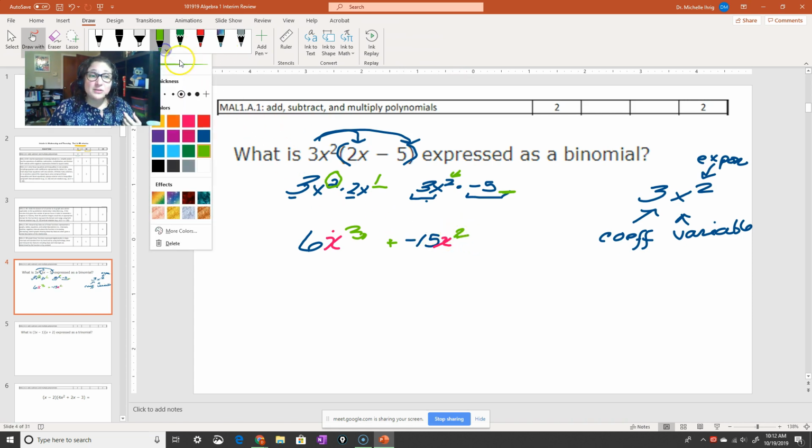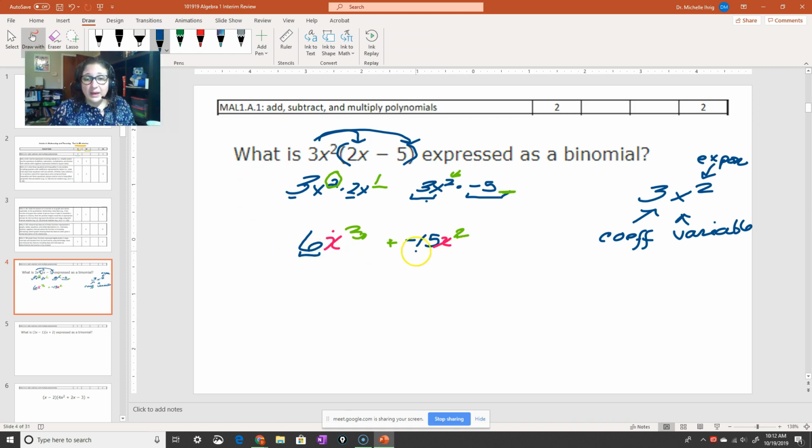So when I simplify this whole idea, I'm going to be left with 6 and the negative 15. So I've got my 6x cubed minus 15x squared. And the reason why I didn't make the 6 and 15 go together is because I've got the x cubed, and that's different than x squared. Yes, they're both x's, but they're still different. It's kind of like I have 6 apples minus 15 grapes. They're both fruit, but some are apples and some are grapes, so I can't do anything with it. So that's how we do that problem.